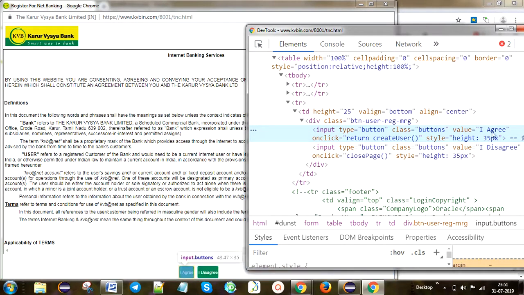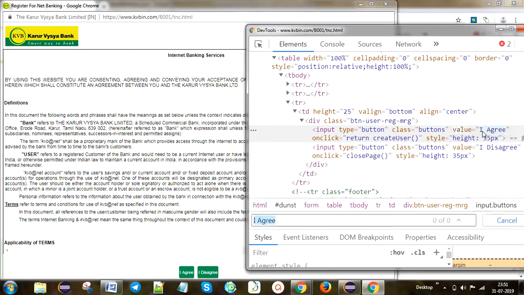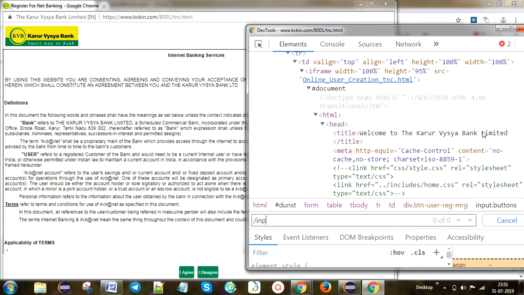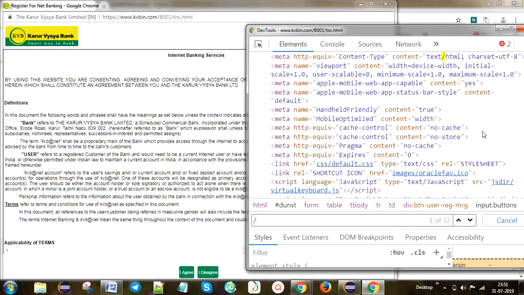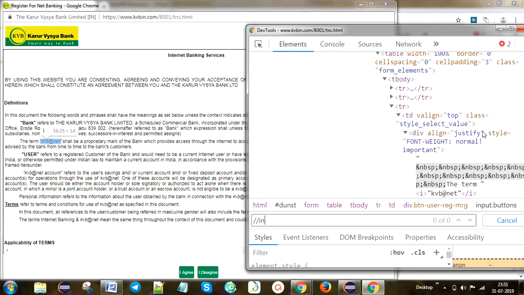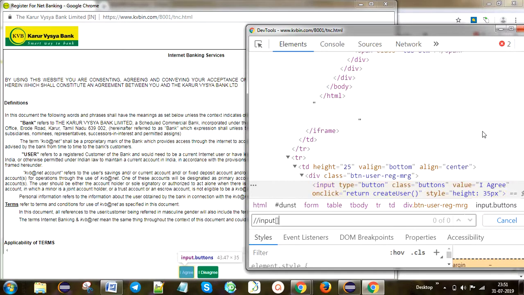See, here we can see that a locator value is available. I have taken the value locator. Why? Because the value locator has a valid attribute value. That's the reason I am going to take this one. Here we need to find whether the matched element is one or not. Okay, input value.